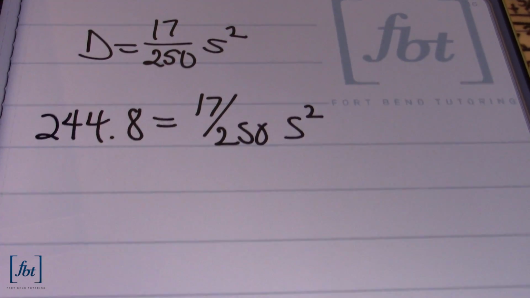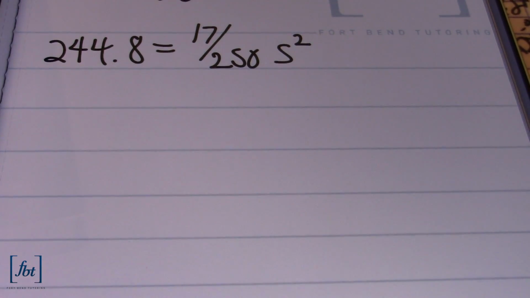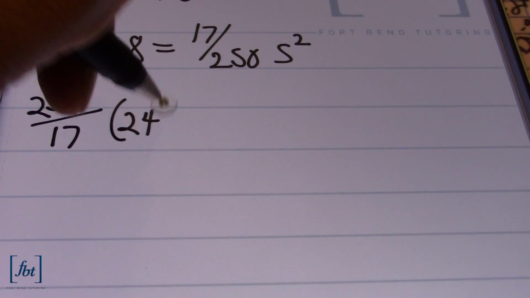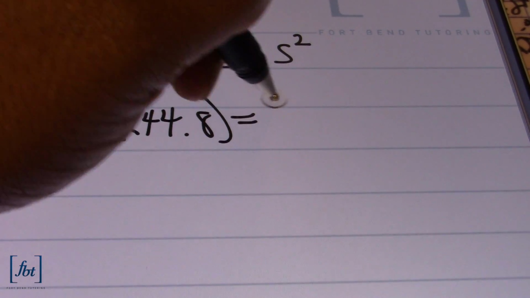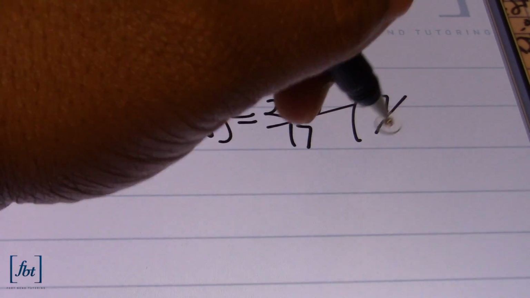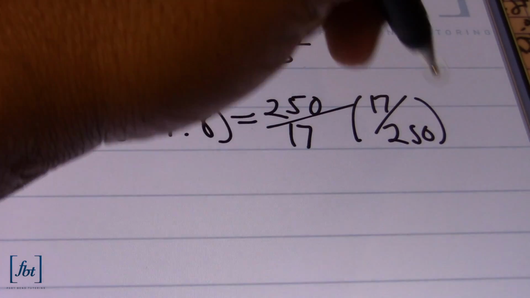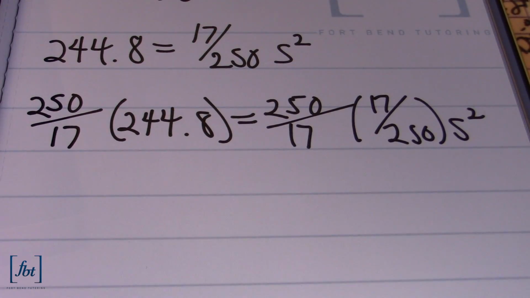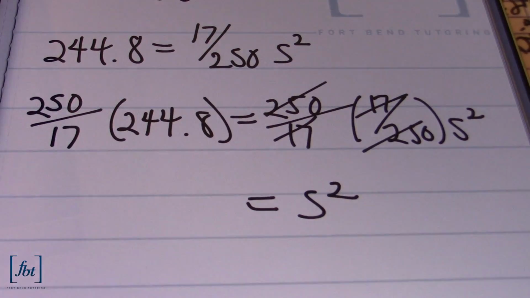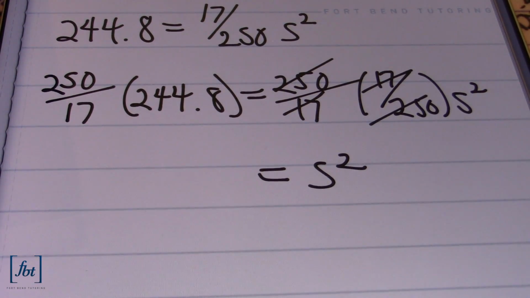I'm going to start by multiplying both sides by the reciprocal of our coefficient. So I'm going to multiply both sides by 250/17 times our 244 and 8/10, and multiplying the right side by that 250/17 will allow me to cancel out that right side coefficient of 17/250ths. So right side, everything cancels out. You'll just be bringing down s squared. As far as the left side is concerned, we can find out what this value is. Multiply the 250 and the 244 and 8/10 together, then divide by 17. That's one way to do it. You'll end up with